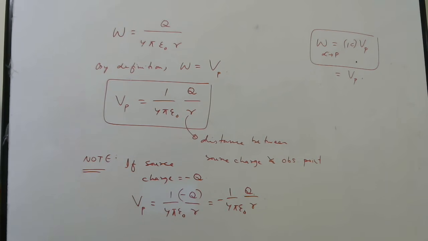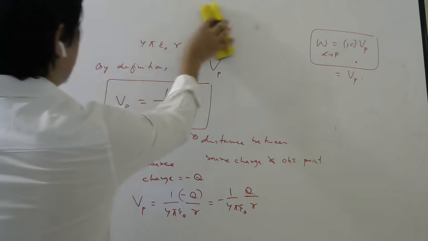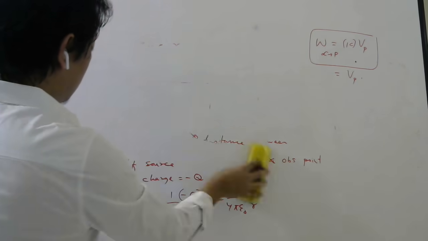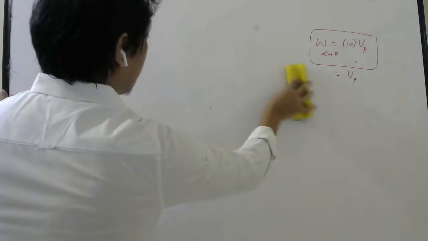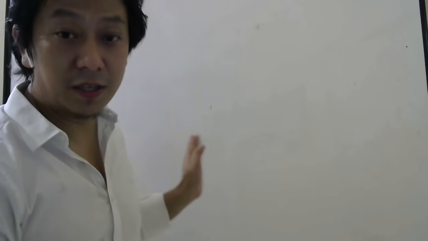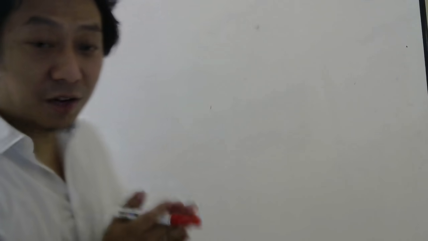So this is one thing I wanted you to know. The other thing which I want you to now only understand is something very important. Just like electric field depends on source charge, potential also depends only on the source charge. You can see the formula has only one charge, which is nothing but the source charge. What was the formula? 1 by 4 pi epsilon naught q by r, not r square, okay, q by r. So that is the formula for potential due to a point source charge.